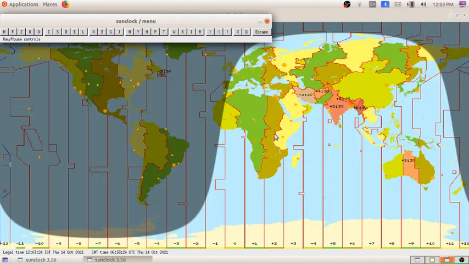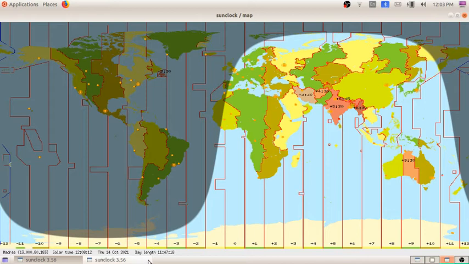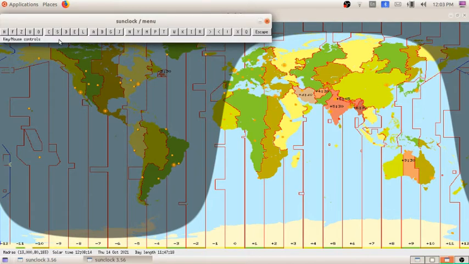Here I am going to select a place known as Chennai. After that, when we click on the option S, you can see the solar time of Madras. How much is it? 12:08. It is based on the position of the sun, and it will be different in different regions. So that is the solar time and the Greenwich time or the legal time. Next we can do that activity.